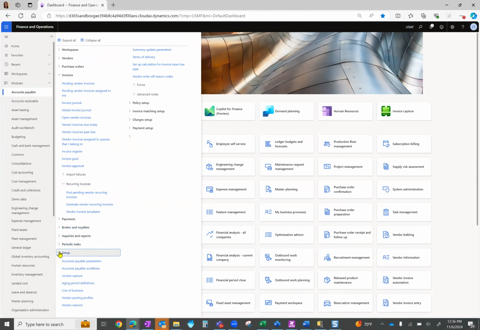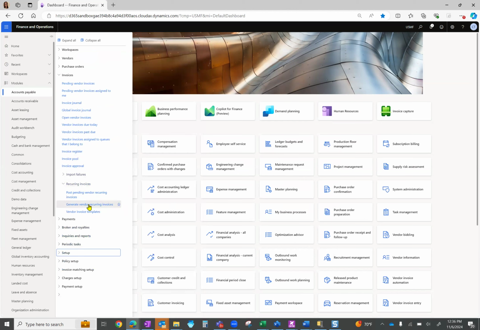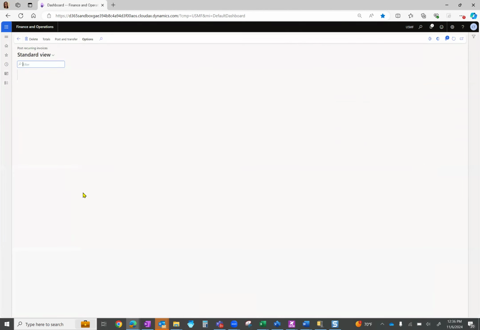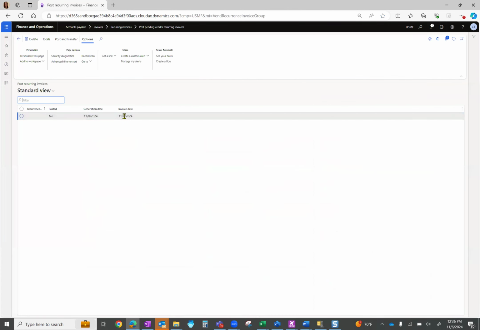So what we want to do is actually go to recurring invoice. We already created the reoccurring, so now we're going to view them as posting, trying to post them as well. So as you can see here, they have been generated, and now we can actually